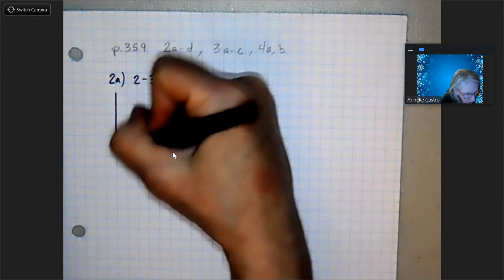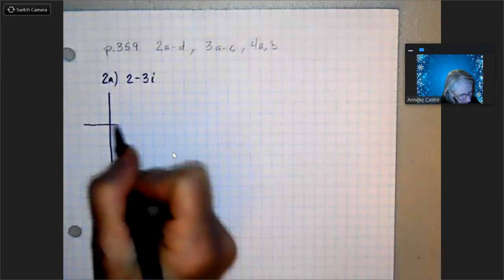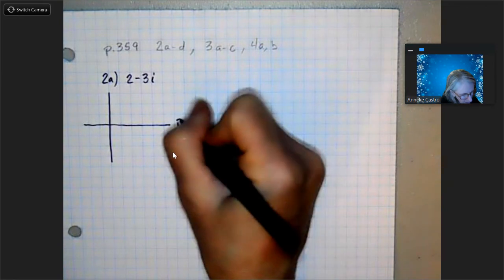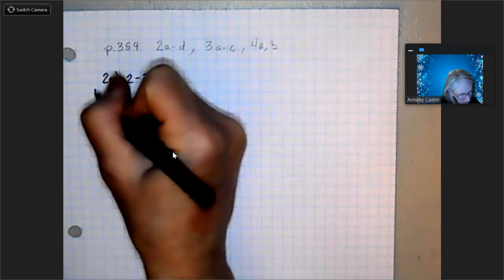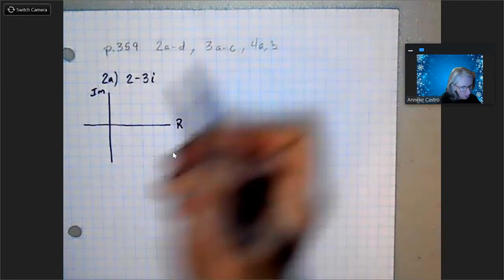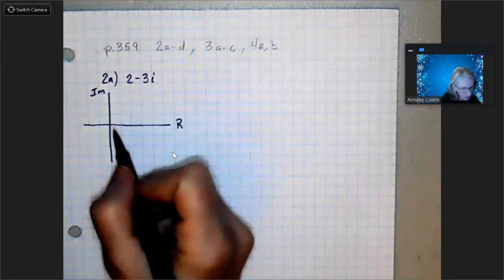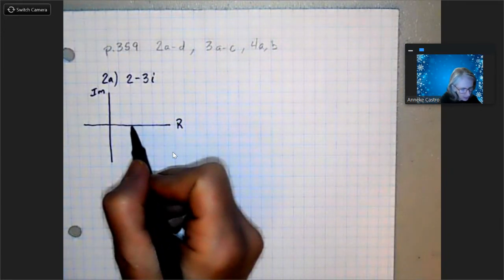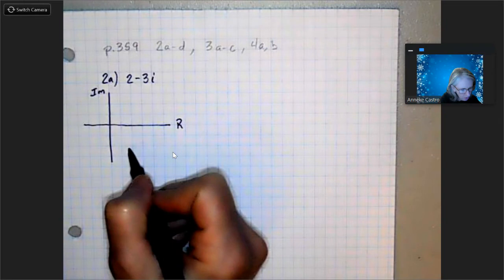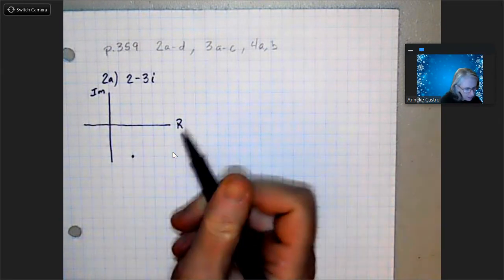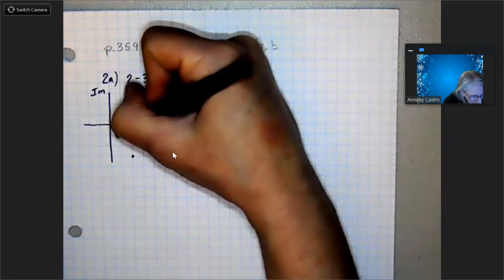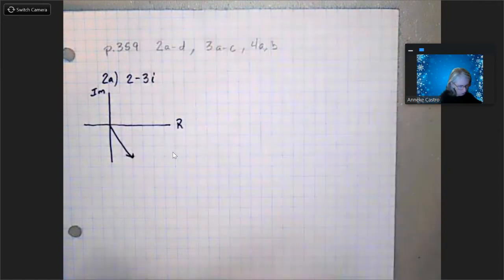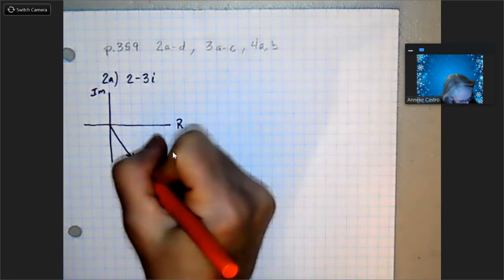So I'm going to make a little graph, and this is the real axis, and this is the imaginary. So here's the real part, +2. So I'm going to go 2 to the right. And then the imaginary part is 3 down, 1, 2, 3. And then draw it in as a vector. So here's my vector. So this is directly related to vectors in that you can write this point, this imaginary